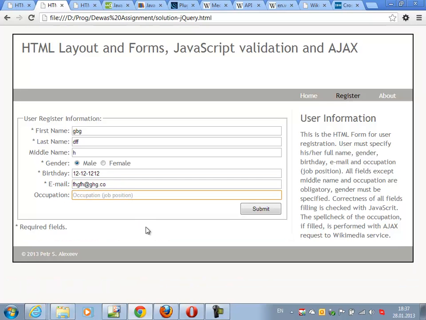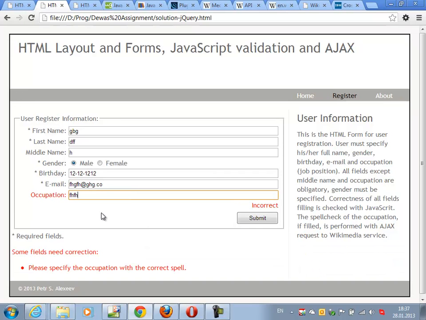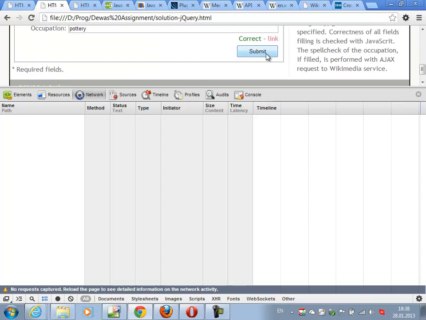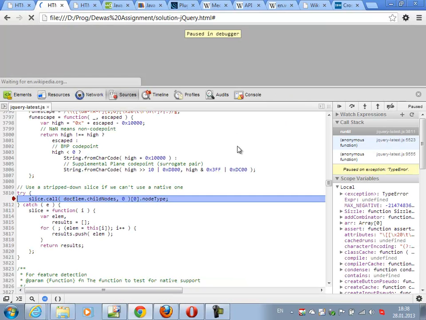And for the occupation, let's try again. I can try to put something incorrect. So I immediately have a message about this error, and the submit button doesn't work. And also, if I try to specify pottery again, this will be correct, and the form can be submitted as well. So I can also check this with the network activity, and there will be a problem